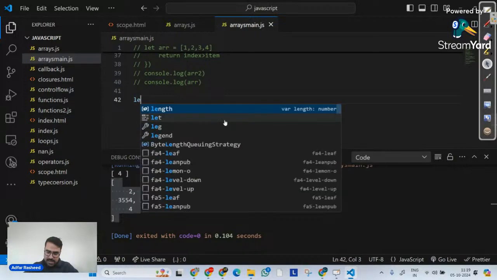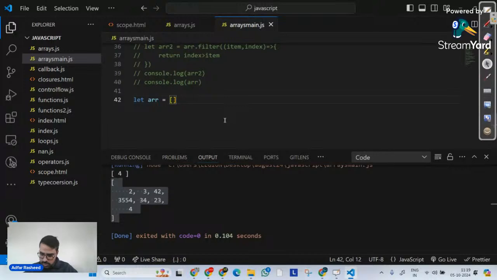Let's suppose I have an array. Let ARR equal 2, 3, 4, 5, 6, 7, 8, whatever the array is. If ever in your coding you have a requirement where you want to reduce the array into a single value, the method that we use is the reduce method.